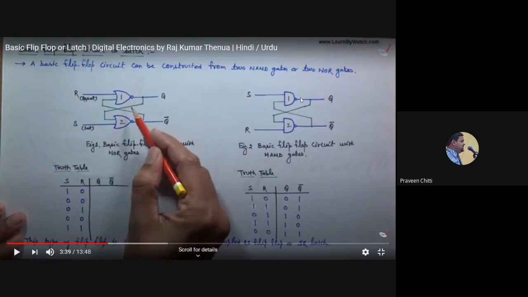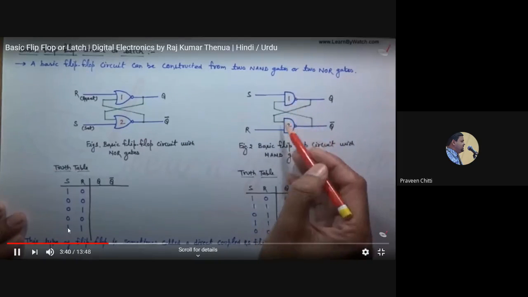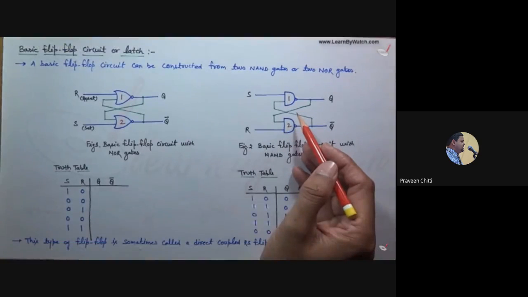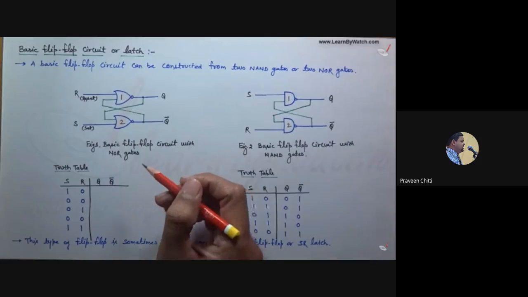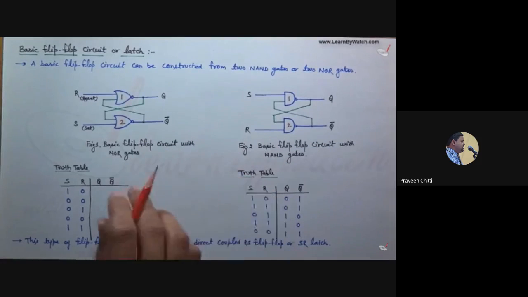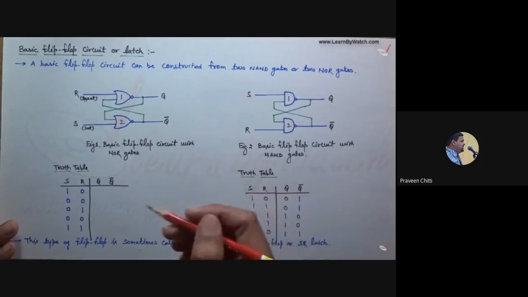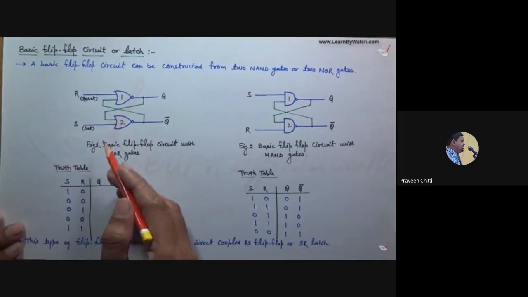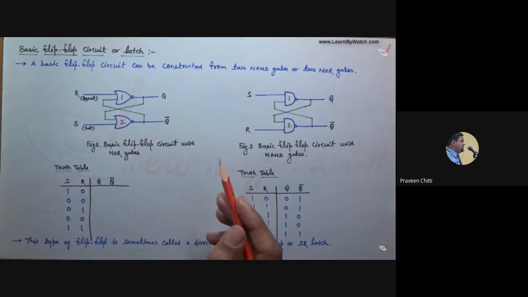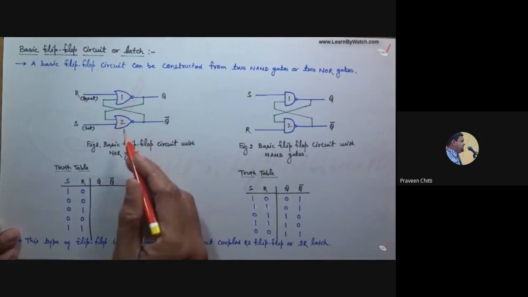That's what as a thumb rule you can remember, but you should not call them by name. SR आ रहा है तो ऐसे बनाएं। है बात एक ही, फर्क इसमें कुछ है नहीं, ठीक है ना, क्योंकि हम नॉर और नैंड दोनों से ही बना सकते हैं और इसका ऑपरेशन वो सेम होगा। अभी यहाँ पे थोड़ा डिफरेंट होगा, लेकिन आगे जब क्लॉक्ड फ्लिप फ्लॉप की हम बात करेंगे, क्योंकि अभी तो हम बेसिक की बात कर रहे हैं, क्लॉक्ड में ऑपरेशन एकदम एक जैसा हो जाएगा, ठीक है ना।